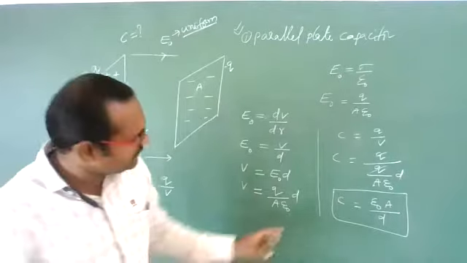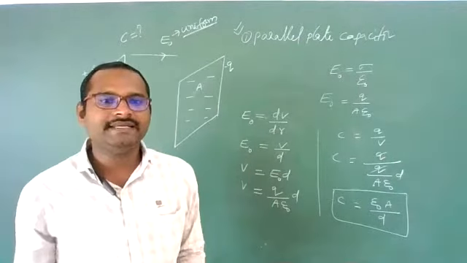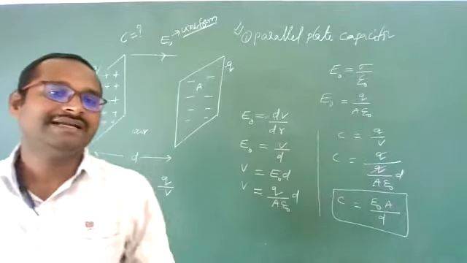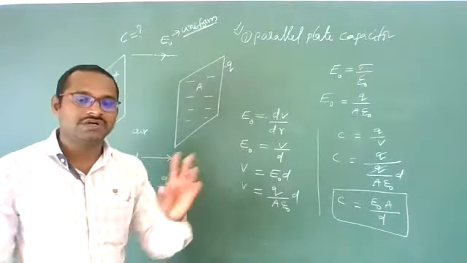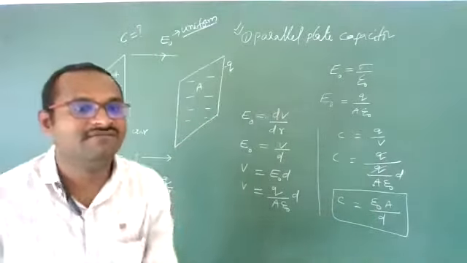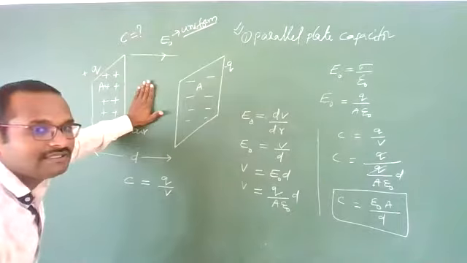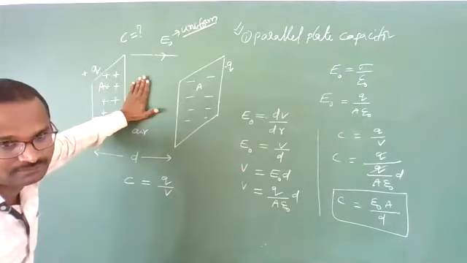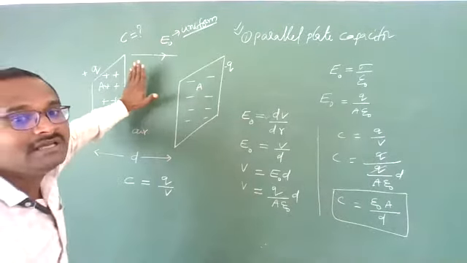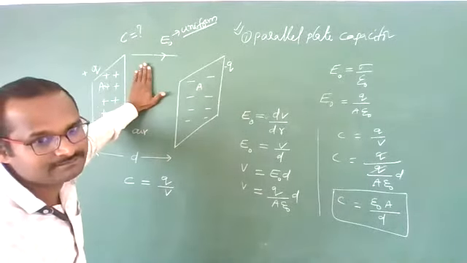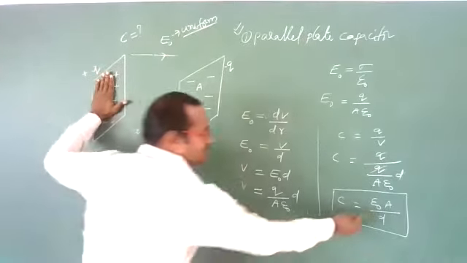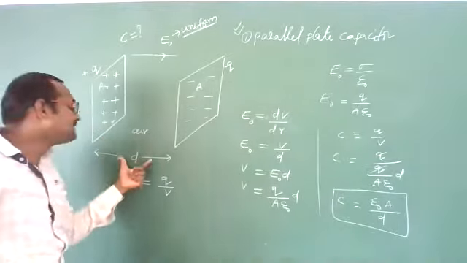See, in this formula, we didn't get any charge, any voltage. Here, no charge, no voltage. Means the capacity of a capacitor does not depend upon charge and potential difference. It depends upon epsilon naught, the permittivity of free space which is present here. If it is not air, it is a different epsilon value, depending upon the nature of the medium. C depends upon the nature of the medium between the two plates, and it depends upon the area of the plate and the distance between the plates.